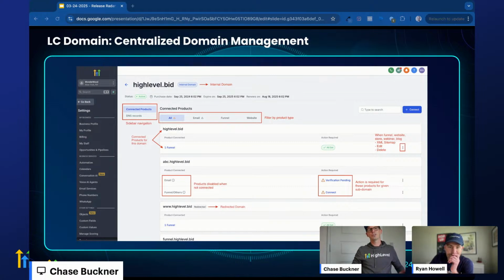Hopefully everybody knows you can purchase domains inside of HighLevel now. You can enable your clients to purchase domains. You can mark the domains up if you want your clients to pay a little premium for them. But it all lives in this nice tab now. And I'm excited to keep seeing how this grows and grows. Pretty soon you'll be able to bring in external domains, so transfer in domains that you've already purchased,